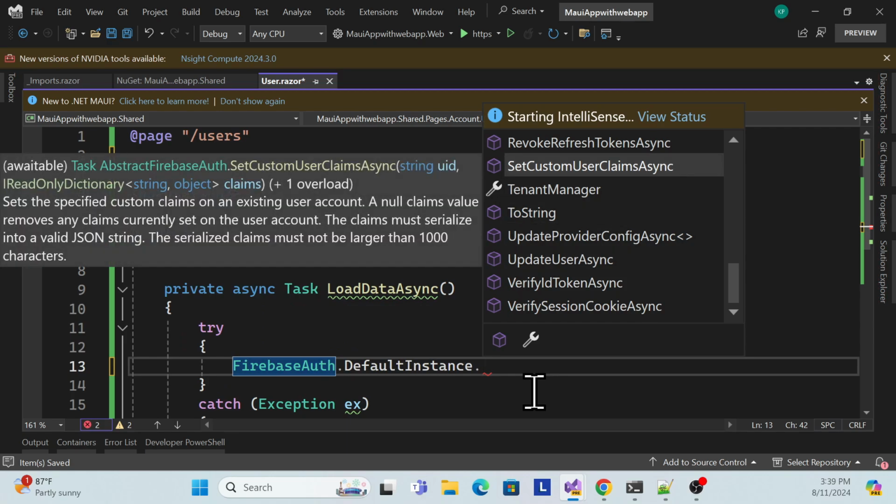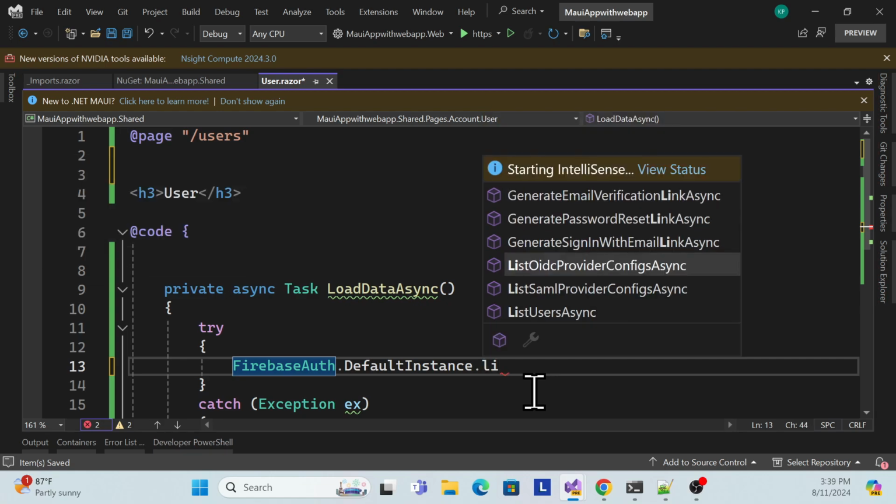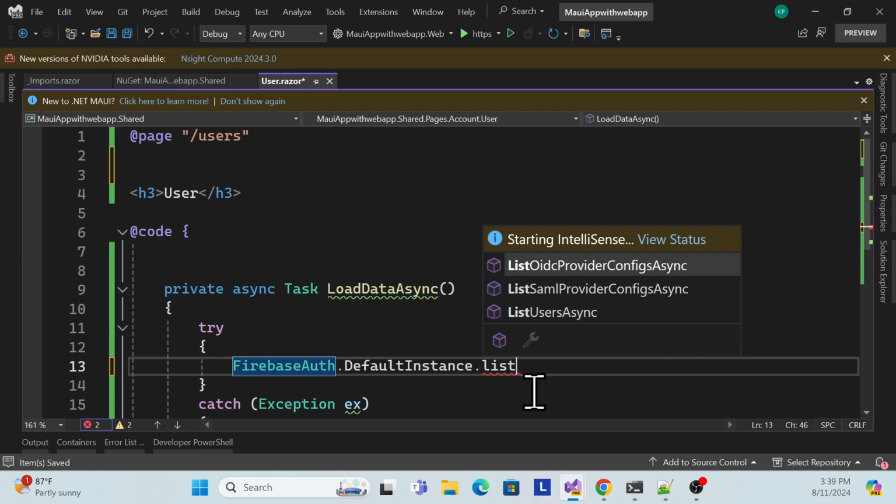So most of the things we have used over here are update user, custom claims, and create user, right? Those things we will use, but as of now we have to use a list of users, right? So where is the list of users? So list